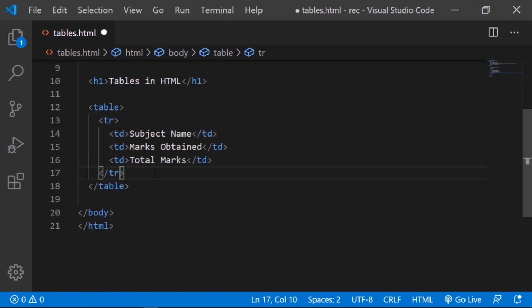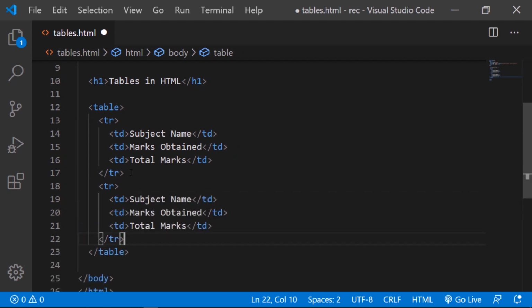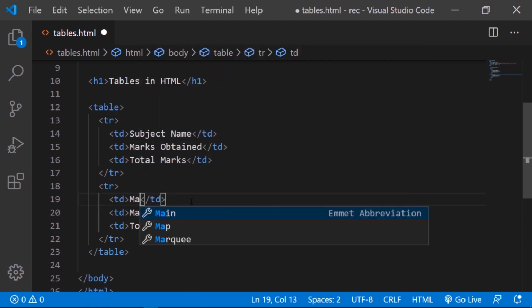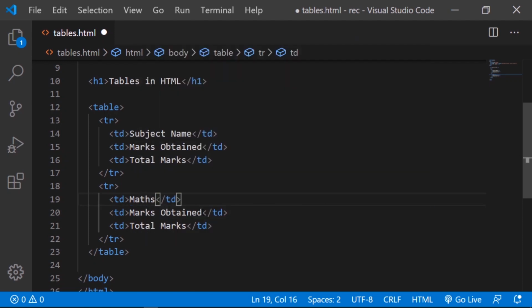Now let's enter some random values and I'll just copy this row right here so that I do not need to type here. I'm very much lazy. I'm sorry guys, but that saves time. So yeah, let's say the subject name is maths. Marks obtained are 47 out of 100.